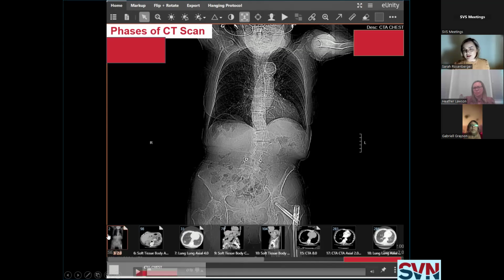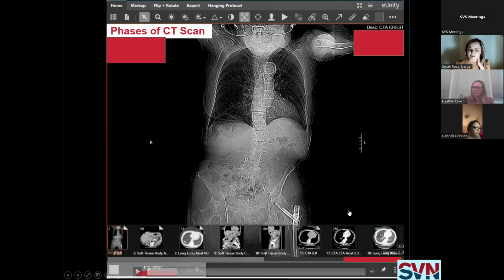That's the image that the technologist took to make sure the patient was centered and they had good penetration of the body. Then these other images will tell you, and these names, which are sometimes not always named consistently, will give you an idea of which series you're looking at. Typically, the arterial axial images will have the most